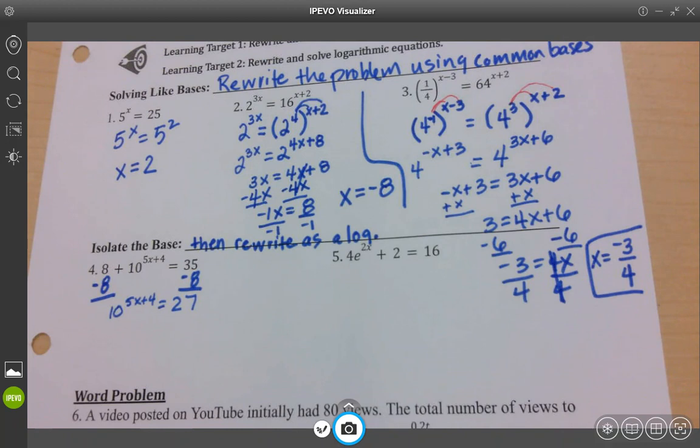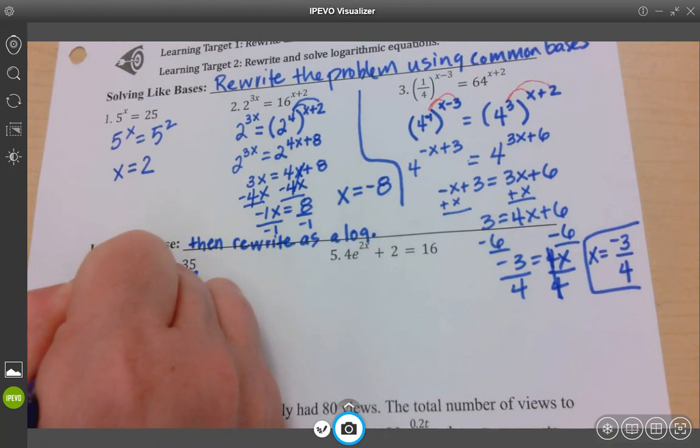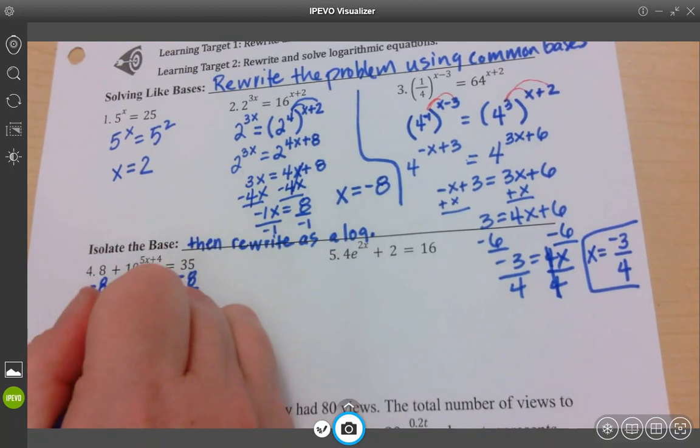Yeah. So Sky points out that when it's log base 10, you can just write the word log. And I encourage you, if that statement made sense to you, to just write log. It's good practice. I'm also going to write log 10 on my paper because I know some people are still not processing that, and I don't want to be confusing if that's where you are. So I'm going to write log base 10, but if you know that log base 10 is written as just log, go ahead and do that, okay? All right, so it's going to be log base 10, which is just log, of 27